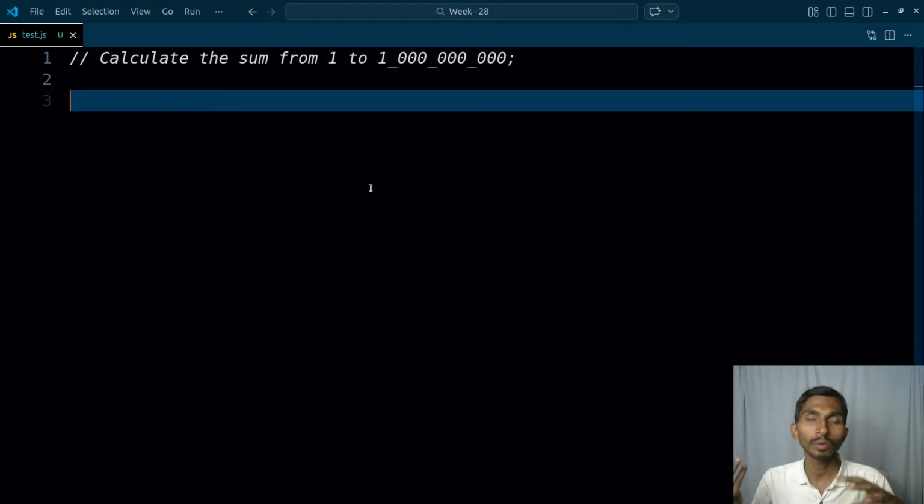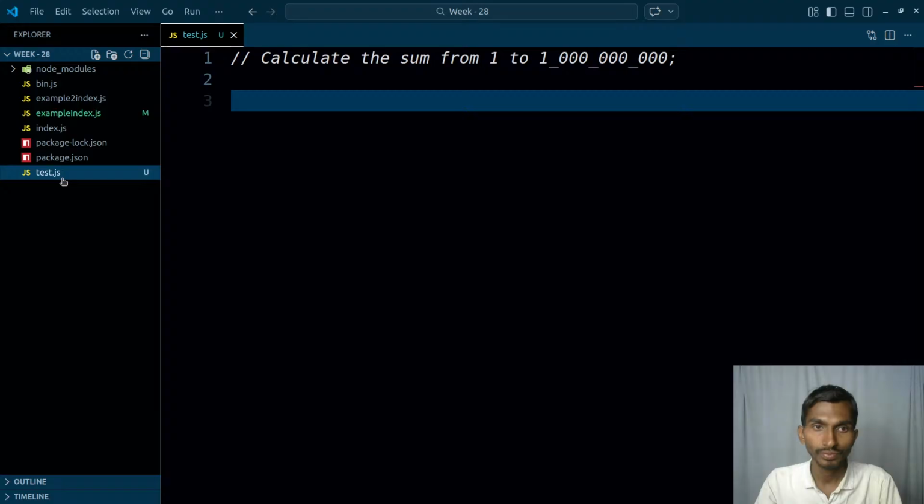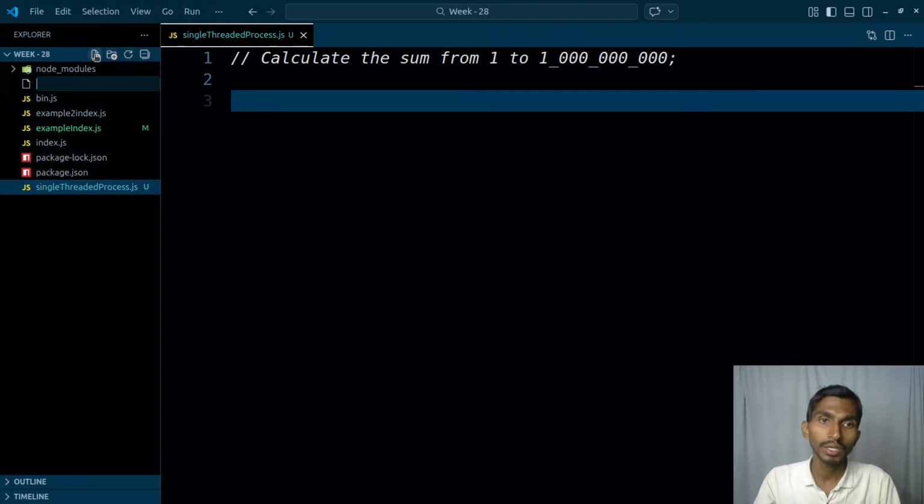That means the process will be running only one core, and let's see how long it's going to take. For that, this is going to be test2, or let me rename it single threaded process, just like this. And I will be creating another one that's going to be multi. It's better to do it on, right? Multi-threaded